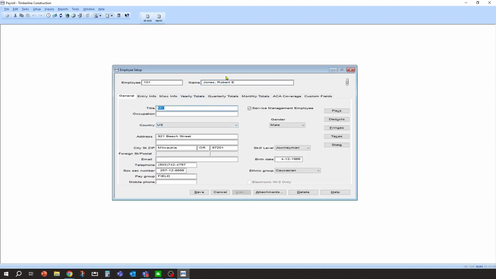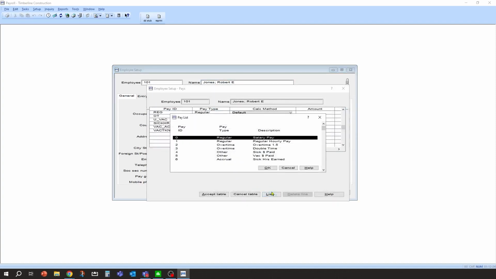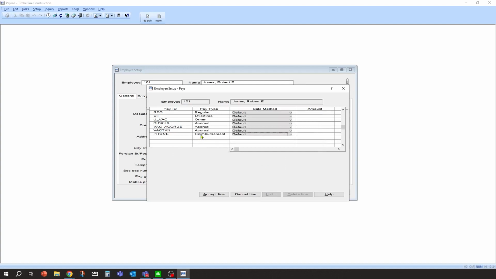And what we can do down here, over in the pay section, is we can say, all right, for our phone, Robert's going to get that. And the calculation method, you can either leave it on default and it'll look at the method that we set up prior, or sometimes I recommend, even if the calculation method is the same, I like having it here so I can clearly see it's a flat amount.